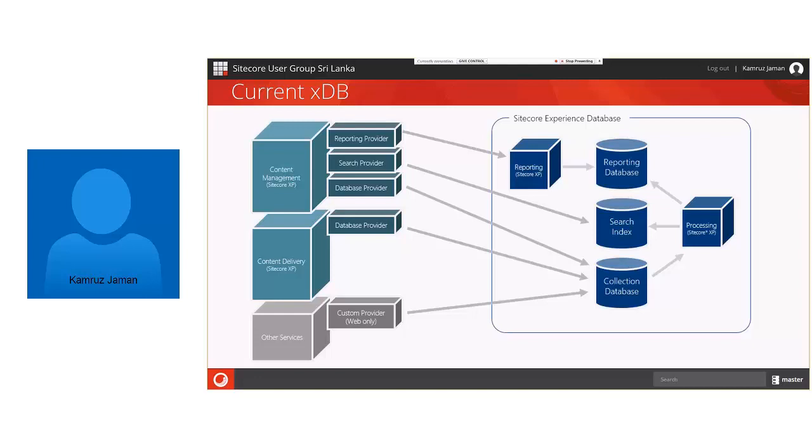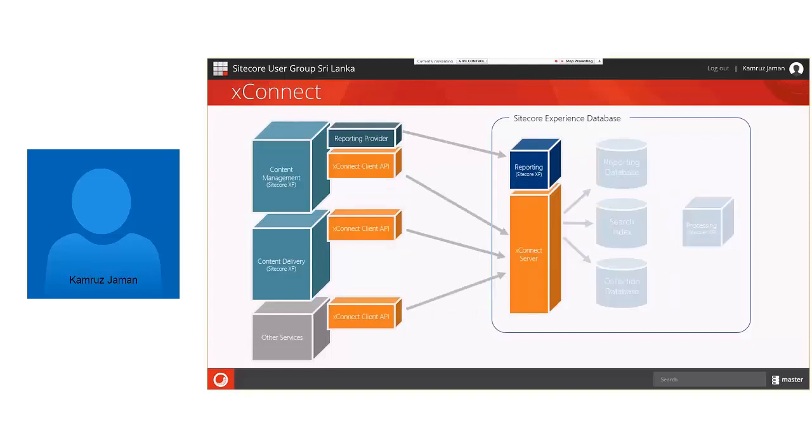Unfortunately, not all interactions are via the web. Some are done offline, some are done via